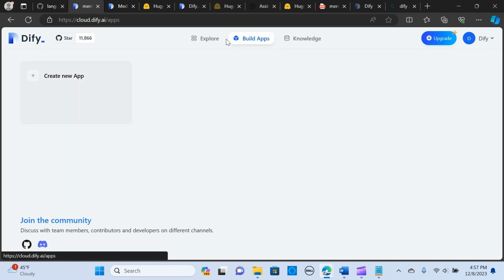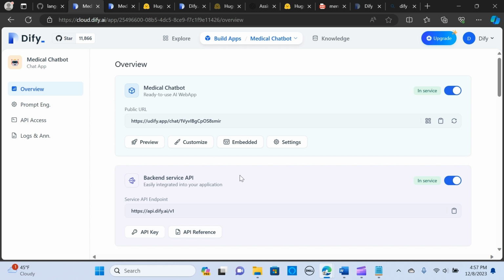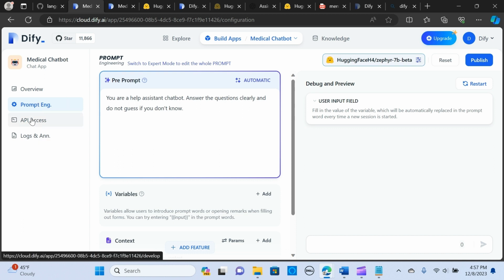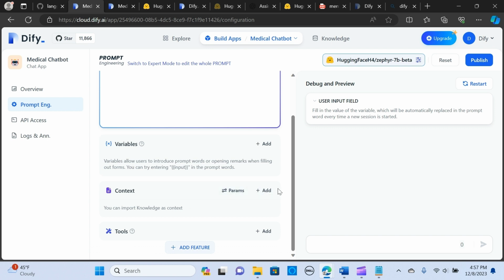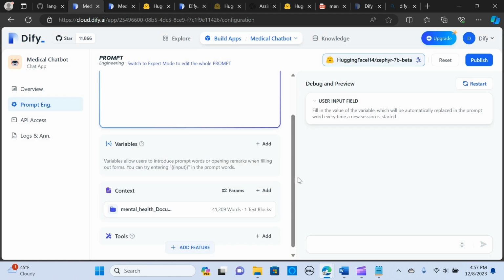Now I want to go to my chat. Once I'm here, I'll go to the prompt engineer. I have my prompt here and I have my local model selected. What I want to do is add my context to it, so I click on my mental health document and say add.